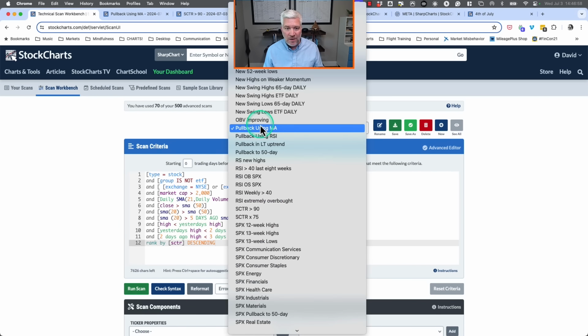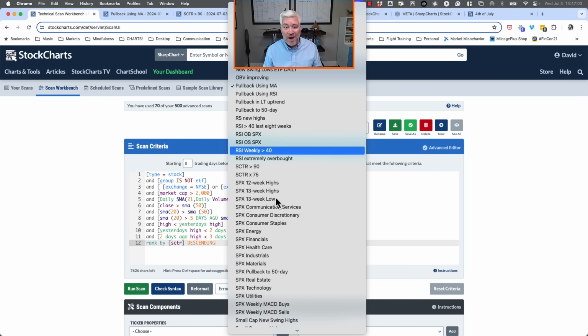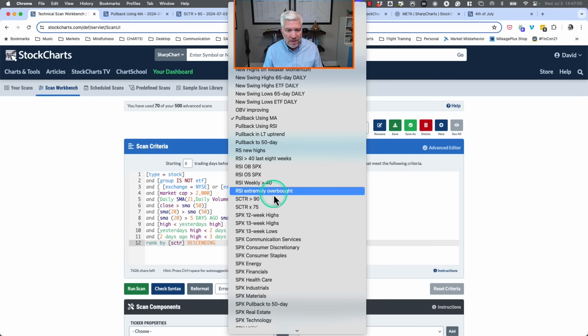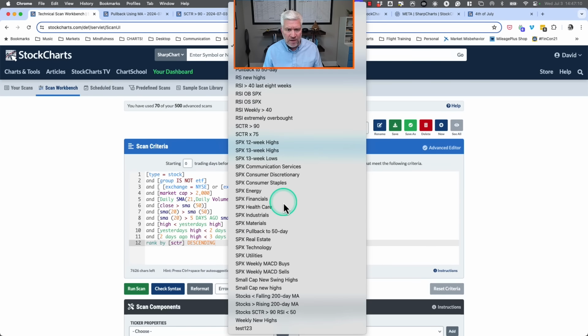Final scan idea I will show you is very simple, which is just looking at a broad list of stocks. And what I honestly do, I actually do this every weekend, is I look at this scan here, where we're at, S&P 500